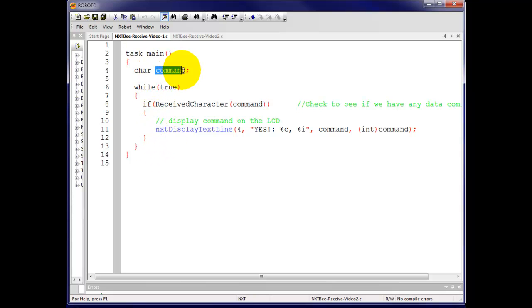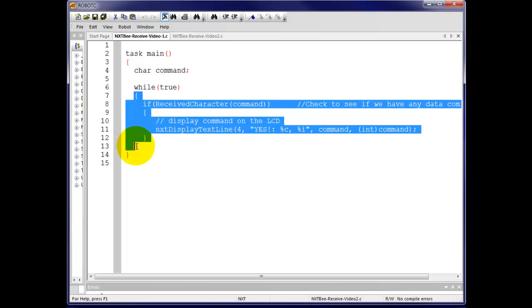We've got a character command here. This is where hopefully the character we've sent from the first robot will end up. This will take the value y if that y is received, for example. Now, while true, we've got an endless loop here. It'll receive more than one character,